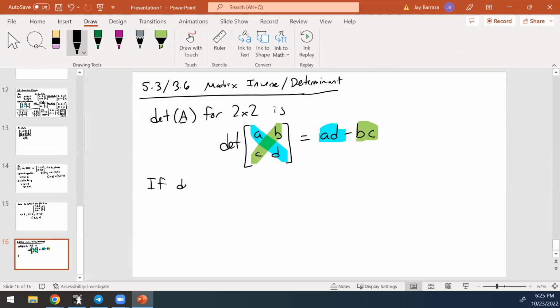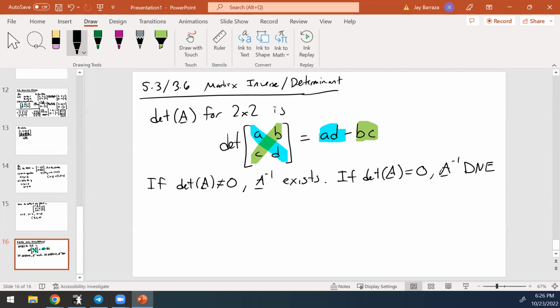If the determinant of A does not equal 0, A inverse exists. If determinant of A does equal 0, A inverse does not exist. Okay. Because the formula for the inverse of a 2 by 2,